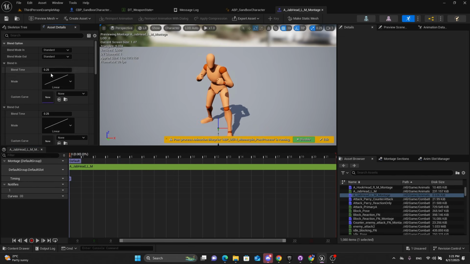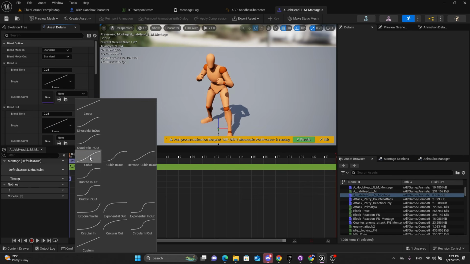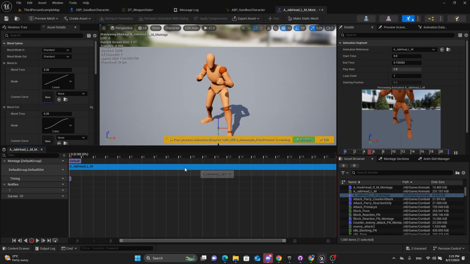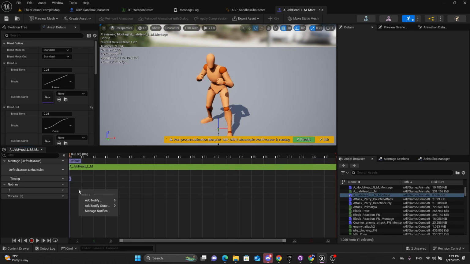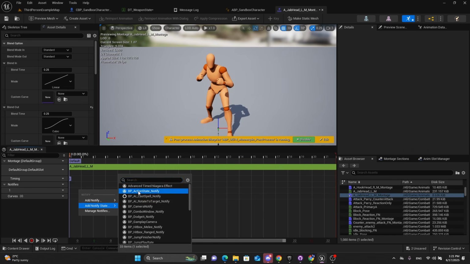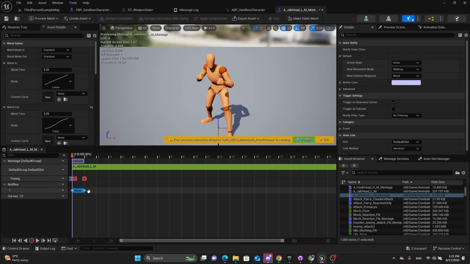First thing we want to do is play with our blends. Blend out time, I'm going to change it to cubic, and the start time for this one is fine. This is the first attack. Not much going on here unless you want to, but the main thing is you want to have your notify